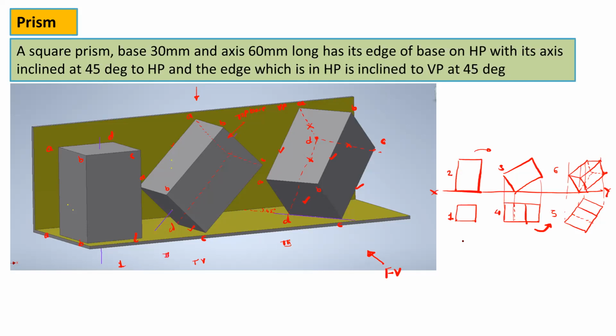Okay, so this is the first stage, this is your second stage, and this is the third stage. So you can observe here the sequence. So this is first, second, this is third, fourth step, fifth, and sixth. So you have to remember this. What is the correct sequence for the drawing?